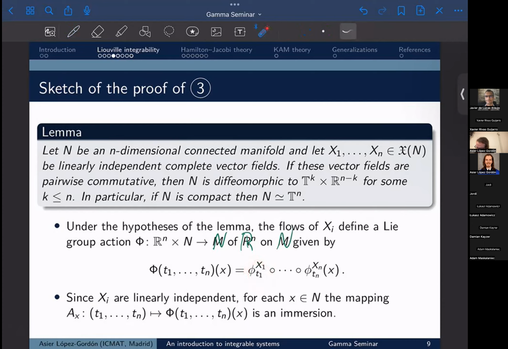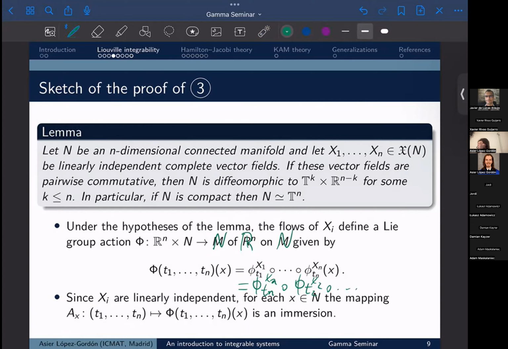These are the flows of each of the vector fields, and since the vector fields commute, their flows also commute. So I can write it this way, but I could write it any other way, like phi_{t_n}^{X_n} composed with phi_{t_2}^{X_2} and so on. Okay, so this is how we define this action,